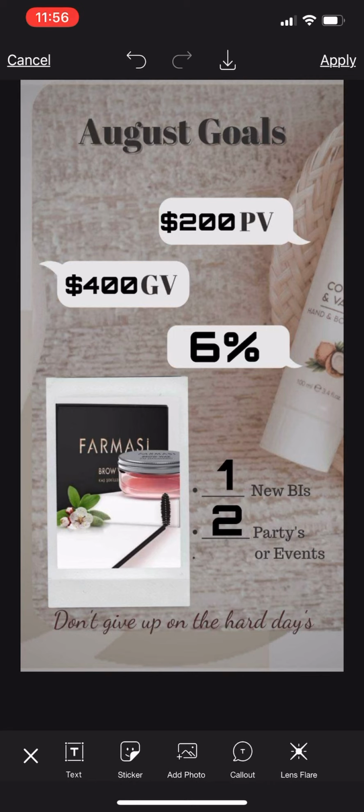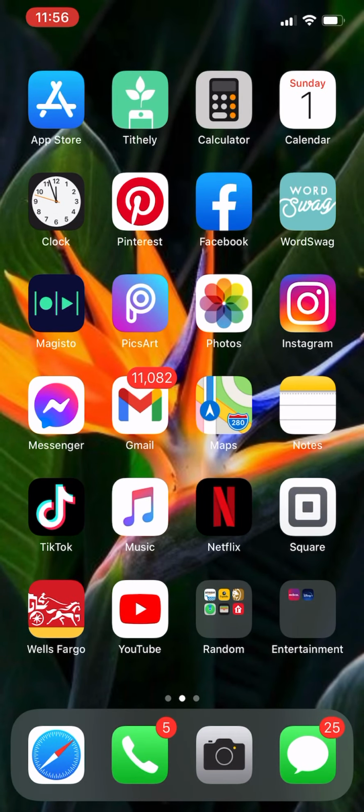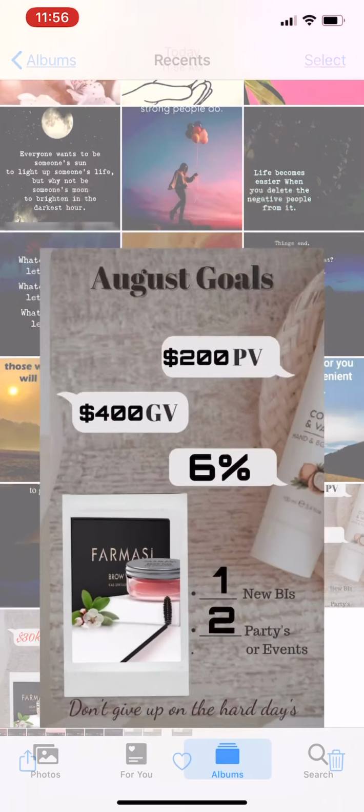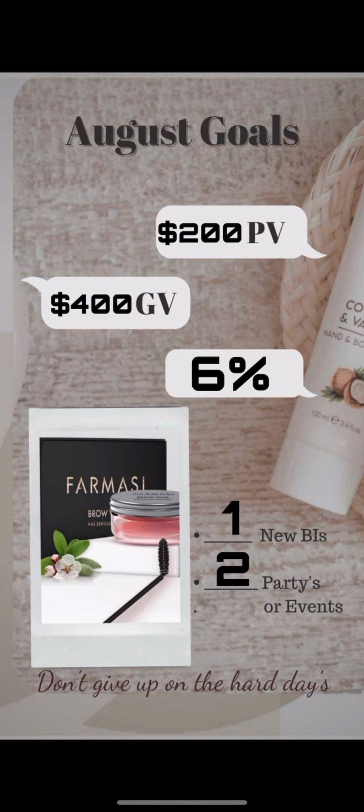And then what I do is I basically click this download right here where it has the arrow facing down on that half box. I just go ahead and click that. And once that is done, it's saved directly to my camera roll. Okay. So now on my camera roll, I can go back and there it goes. And that's when I can just go ahead and save it and share it to our group and the messenger.